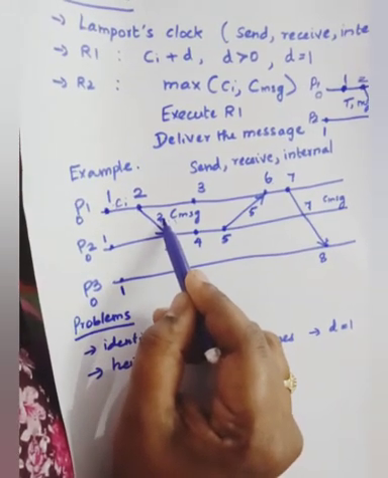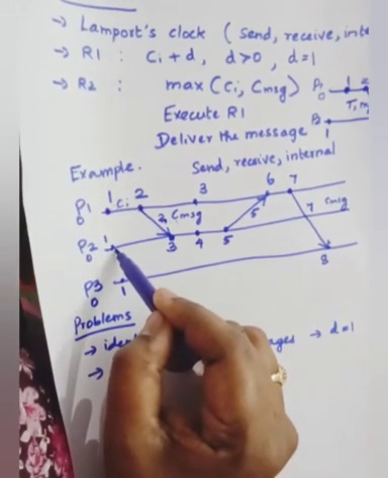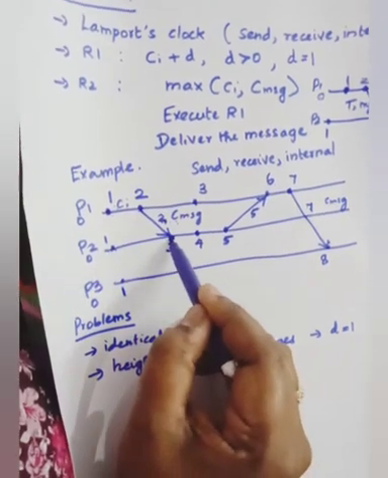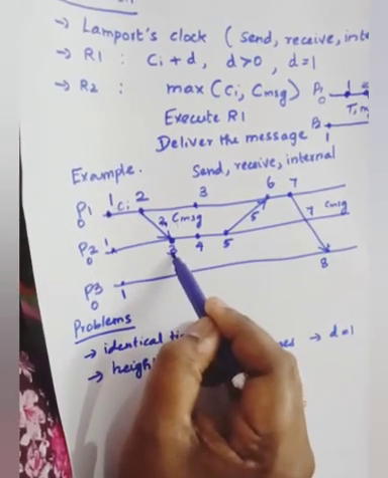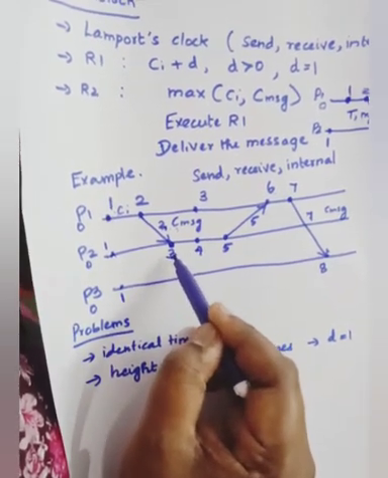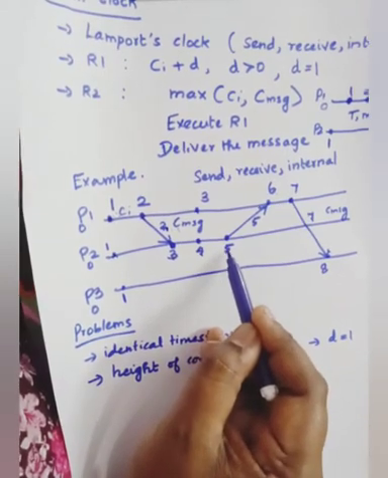Now we are going to apply rule 1 for determining the process. Here, what is the timestamp before execution of an event? That is 1. So 1 plus 2 is 3. 3 is the timestamp of the receiving process. Again an internal event happens, that is 3 plus 1, 4. Then 4, again an internal event happened, that is 5.